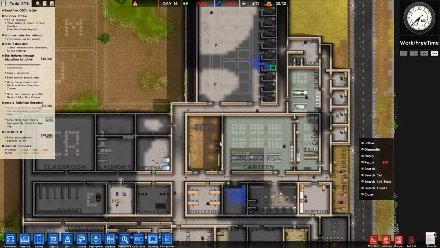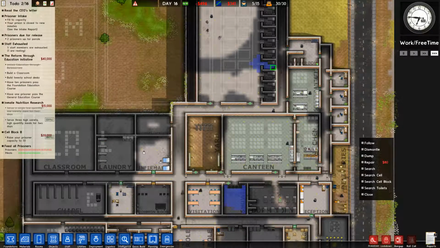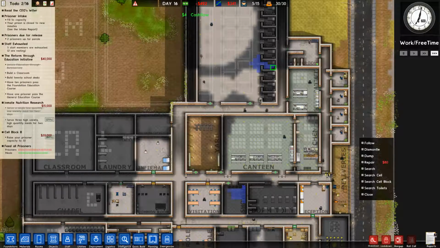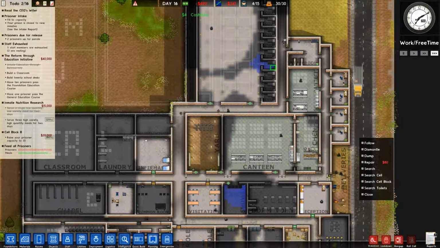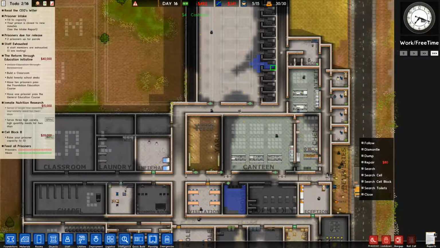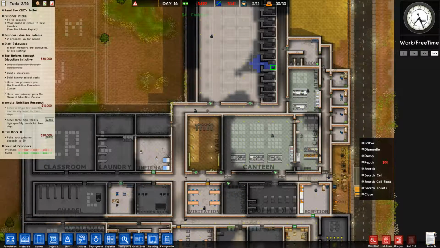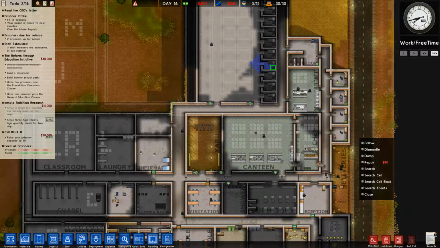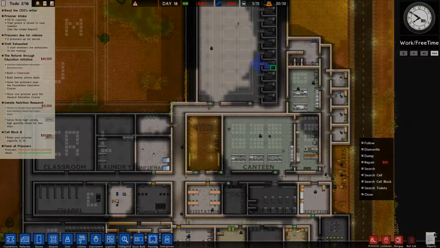So I'm just riding out the time right now. But I think this has gone on just a little bit too long. So I'm gonna cut this, and I'm gonna ride out the waiting for this money to come in so I can build more cells, and then